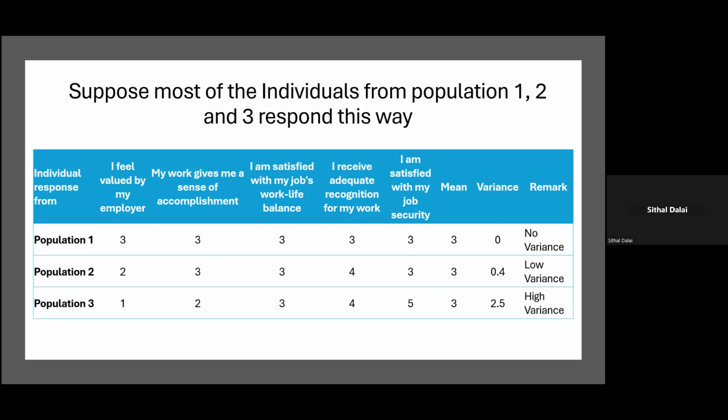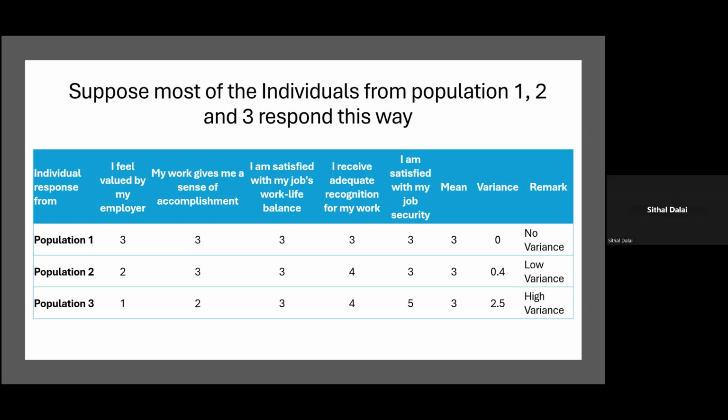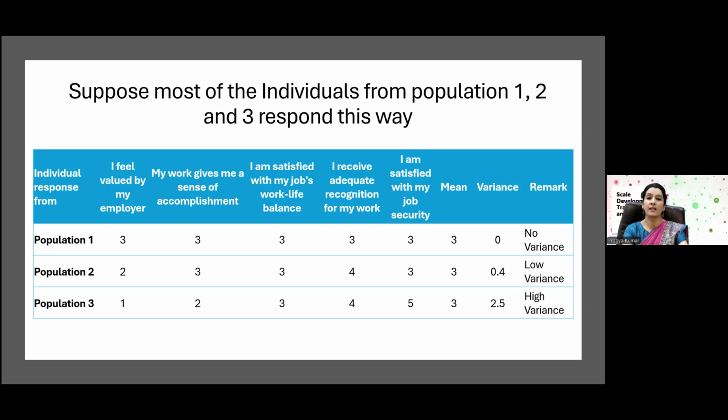Population 3 actually gave more varied responses. So it may be the case for population 3 that for the first question, they feel valued by their employer. But population 1 didn't understand or didn't want to say answers. That's why they gave neutral responses. It mostly happens in the field. So only based on the statistic, the variance, how can we discard